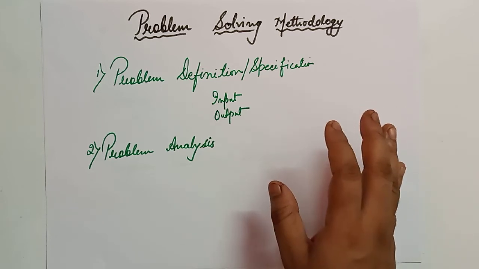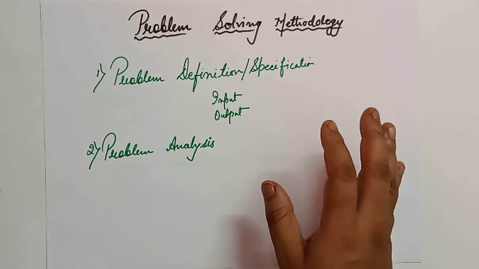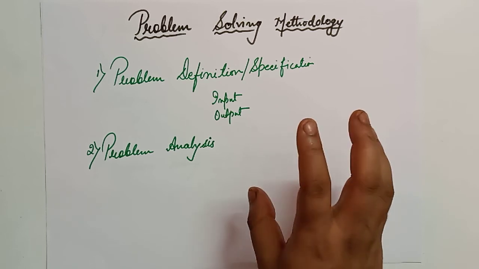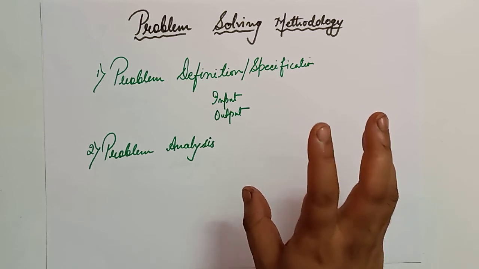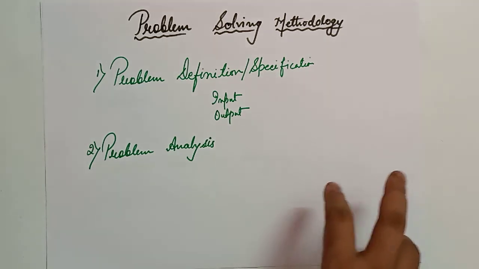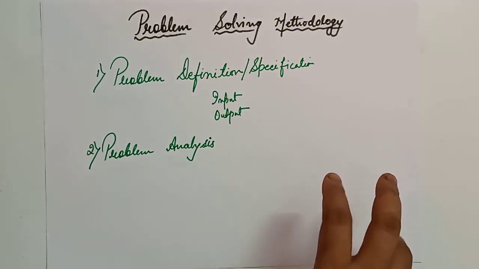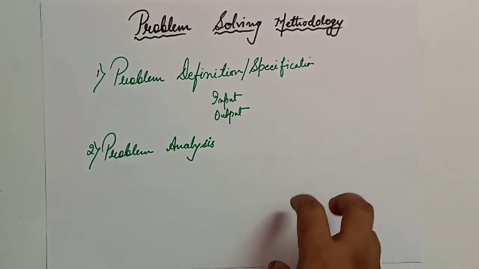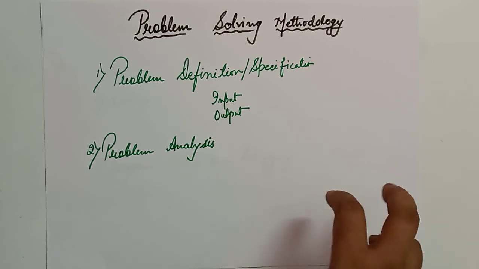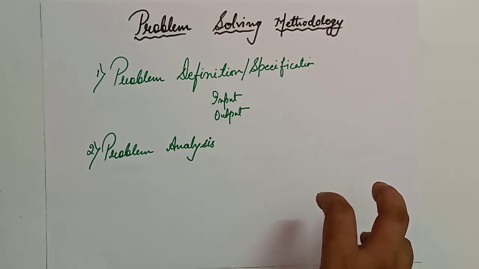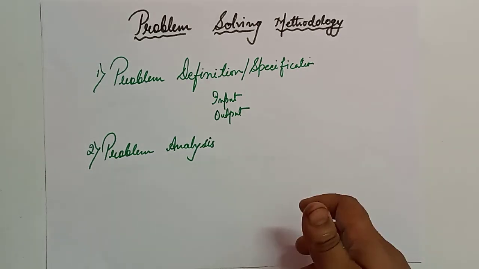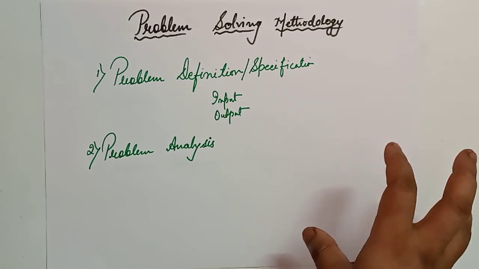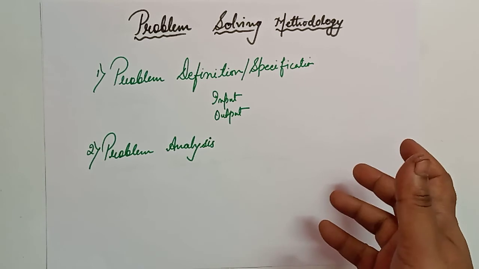Okay, next comes the problem analysis. In this step, the problem has to be fragmented, meaning it should be divided into smaller and manageable parts. The original problem has to be analyzed and divided into smaller sub problems, as these sub problems are easier to solve and their solutions become the components of the final program. So we break down the complex problem into simpler ones, and these sub problems are divided into further smaller ones, and this fragmenting continues to achieve a simple solution. Once it is done, we start combining them and solving the problem.